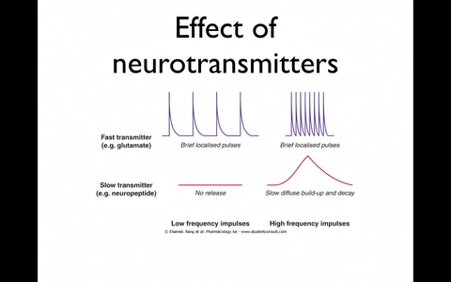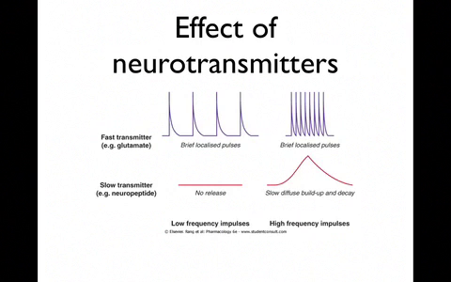A fast transmitter such as glutamate, if fired at low frequency, will give us very brief but localized pulses, and if the neuron is activated with high frequency impulses, we still get brief localized pulses, but in much more rapid succession. A fast transmitter like glutamate can cause very brief, discrete impulses, and this is because the vesicles containing the neurotransmitter in the presynaptic neuron are housed very close to the voltage-gated calcium channels. So as soon as they're set off by the action potential, the vesicles can flood to the synaptic membrane and